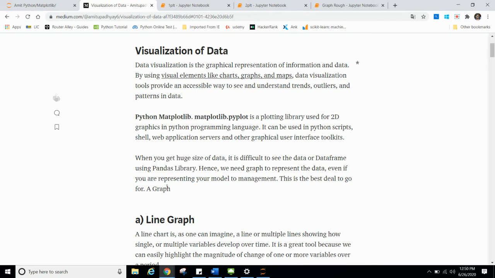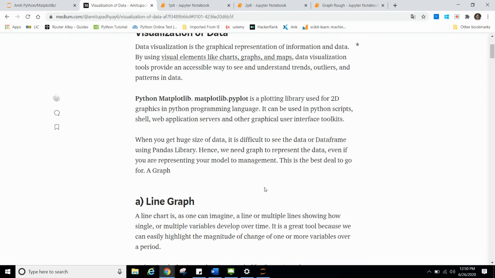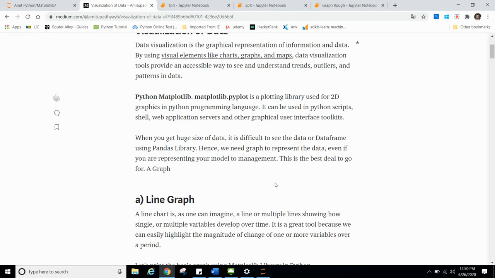Even when you are presenting your model to management, or you have to represent data to management, it is easier to express your intention in a graph, right? What is the change, what are the values you expect, how your model is working, what is the score. You can represent it all in a graph, because when you present to senior management, if they are not technical, it is easy for them to understand via a graph. You can say visualization is easier than going through the Excel sheet rows and columns.